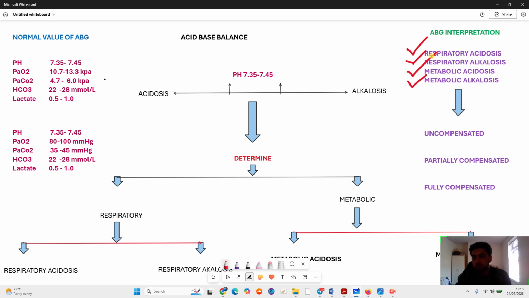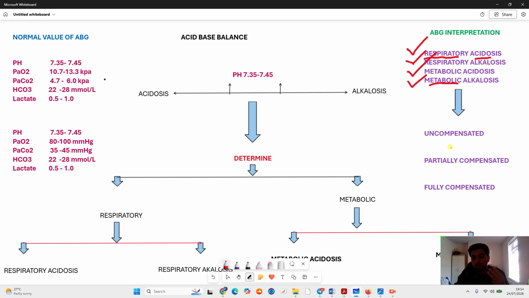Like, I will give you one example. Due to the respiratory system, acidosis happened, in any condition. So in that condition, respiratory acidosis happened and the respiratory system is involved. In that case, the kidney tries to compensate. But in some situations where the kidney is the cause of the alkalosis or the acidosis, the respiratory system will try to compensate